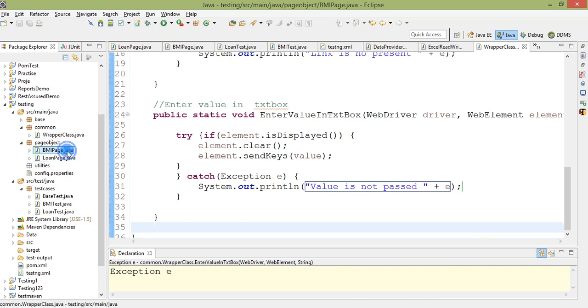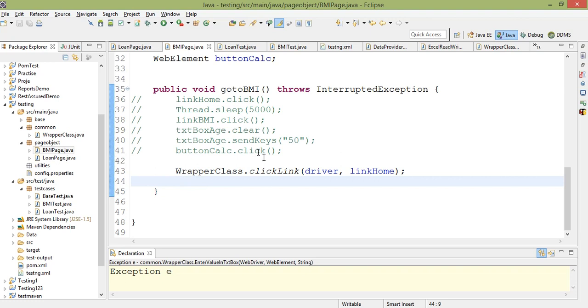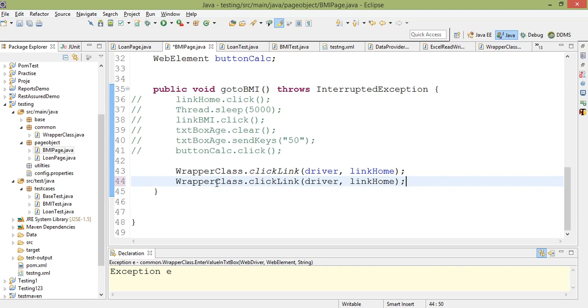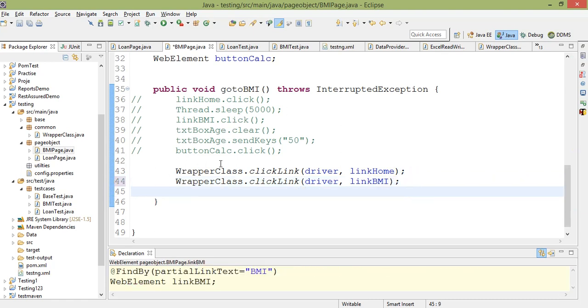So now I will come here, and for this link BMI again, I will pass this. For this BMI link, I can change this to BMI, and for sending the key for the text box, I can have this, I can call this like